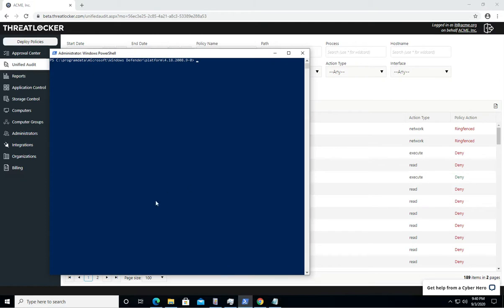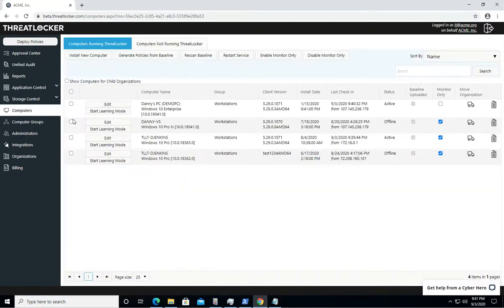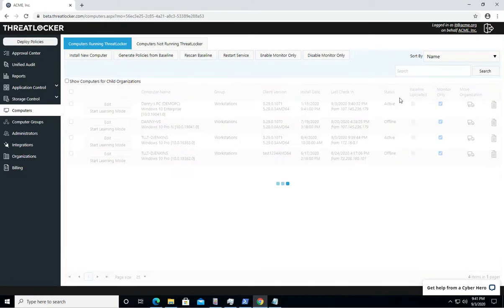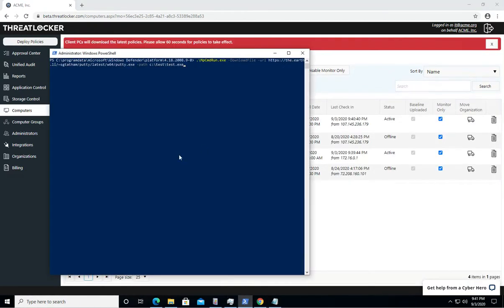And what it does, I'm just going to show you here. If you run this command, it's called mpcmd.exe, and I'm just going to put my computer into monitor only mode very quickly so we can run this. So if we run this command, what it does is it just goes out to this URL. In this case, I'm just going to download putty, so I'm not going to download malware, and I'm going to save it in this folder. What a lot of the malware is doing is saving it into the startup folder, so it automatically runs when you log in. So if I just run this,